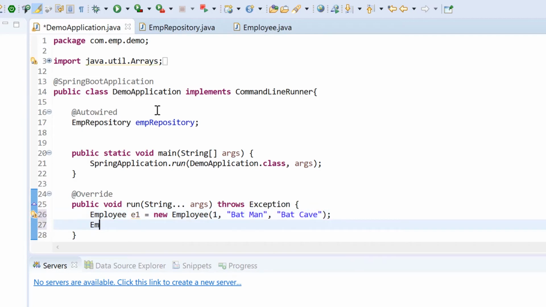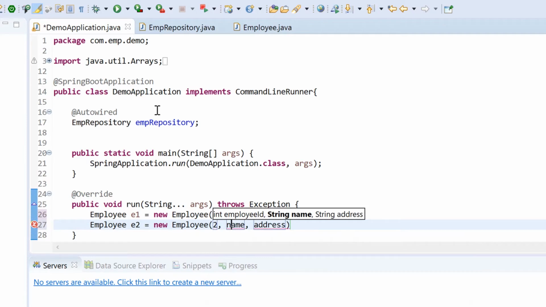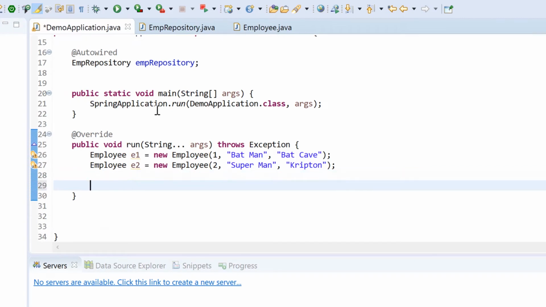And second employee is, let's say our second employee is Superman, and it is living at Krypton. So these two are our employees, and what I'm going to do is put both of these